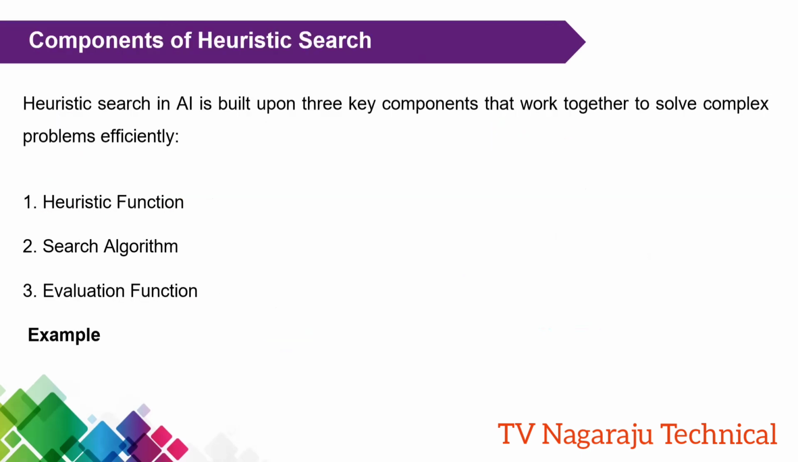Now, the next most important thing: while doing heuristic search, what are the components you need to maintain? Mainly three components. The first one is the heuristic function. What does this function do? This function simply estimates the cost of reaching the goal. Anyway, you know that one. Instead of exploring all the nodes, by using this function, we estimate the cost of reaching the goal from